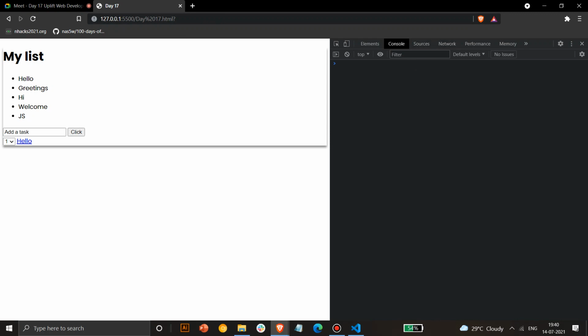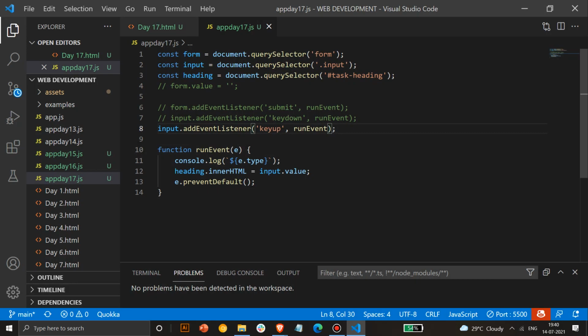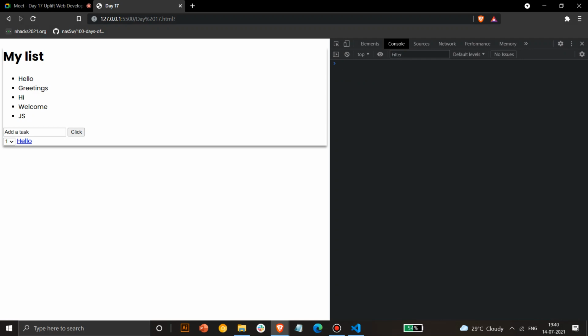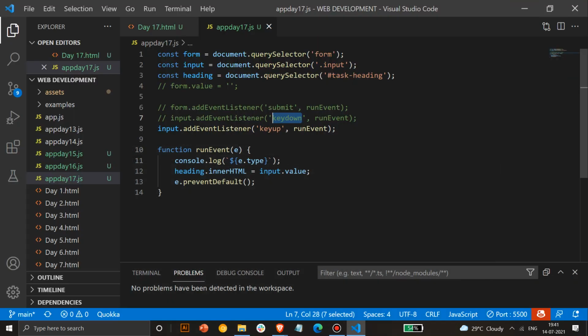It should accelerate till you keep the key down, and as soon as you release the key up, it should stop working. So key up and key down are really helpful. Whenever key down is pressed, it will accelerate, and whenever key up happens, it will stop acceleration. In those cases, you have to specifically bind them to acceleration and deceleration.